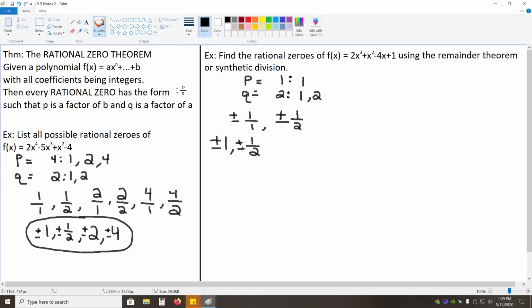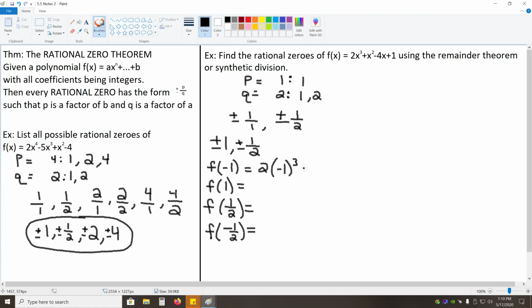So this is like that previous problem we had. We can either plug them into the function or plug them in using synthetic division. I'm going to go ahead and just plug them into the function. We're finding f of negative 1, f of positive 1, f of positive 1/2, and f of negative 1/2. And remember, if any of these result in a 0, that means they are a rational 0 of the original function. So plugging in negative 1, we get 2 times negative 1